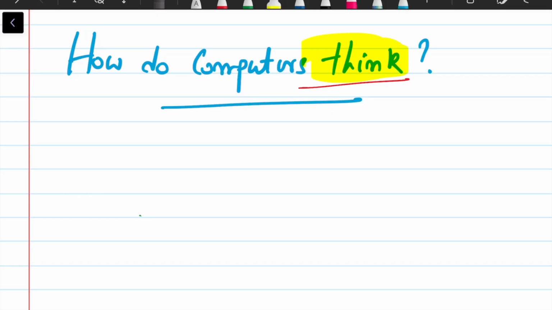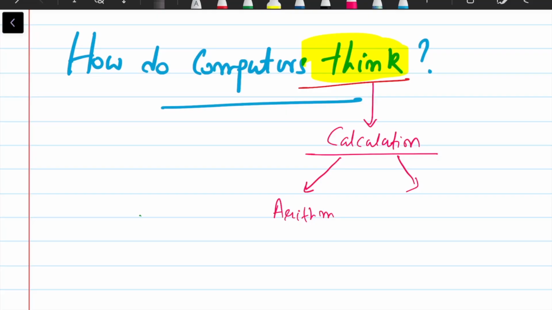All right, so how do computers think? Well, they don't. What they do, they act as if they are thinking. Behind the scene, what they actually do is calculation. Millions and billions of calculations per second, sometimes trillions of calculations per second. These calculations are of primarily two types: